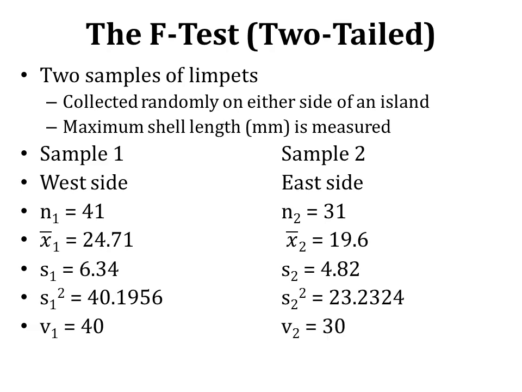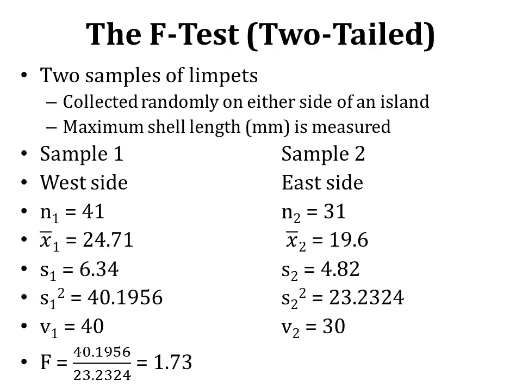And the degrees of freedom are 41 minus 1, 40, and 31 minus 1, 30. And this is our simple analysis. So you see how quickly this can be done if you have the descriptive statistics with you. So F is